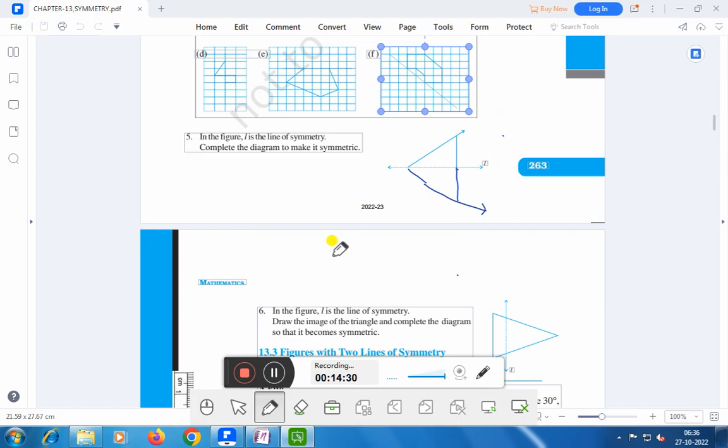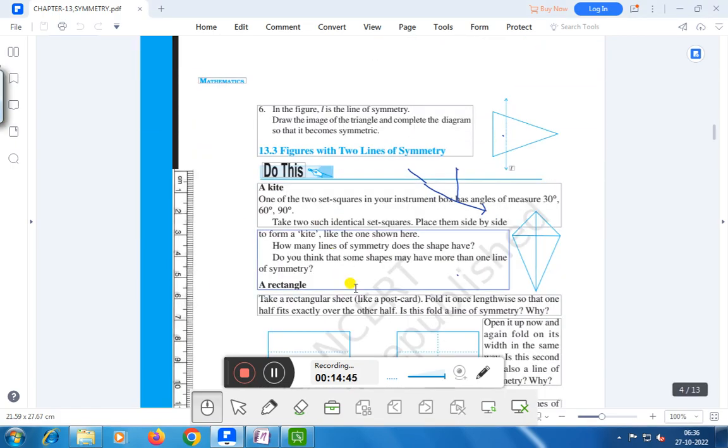Now, question number 6. What is question number 6? You see, question number 6 is, in the figure, L is the line of symmetry. Draw the image of the triangle and complete the diagram so that it becomes symmetric. L is the line of symmetry. You have to draw a diagram